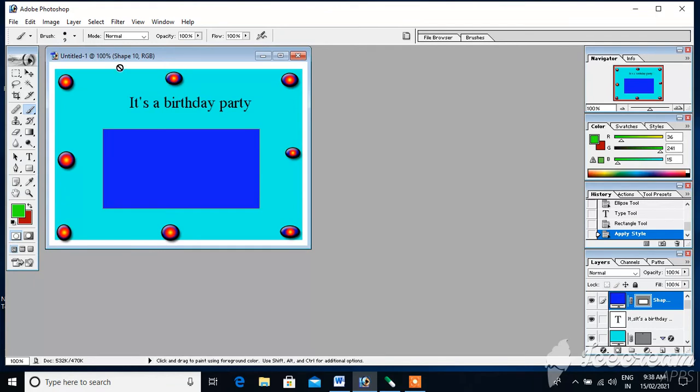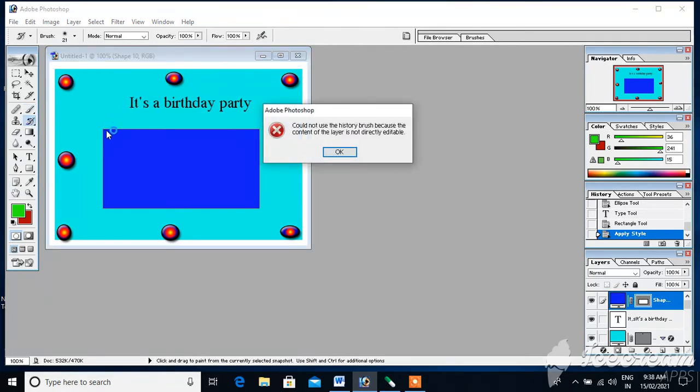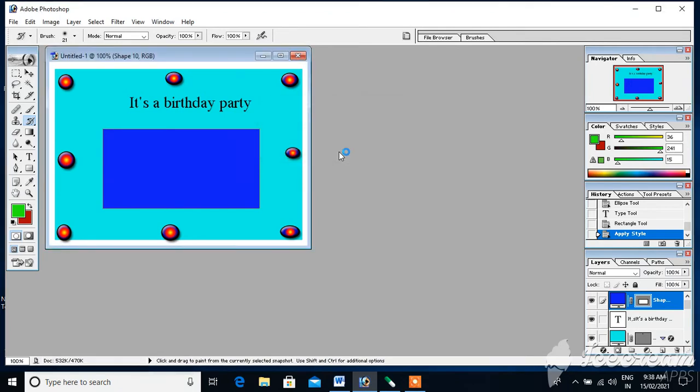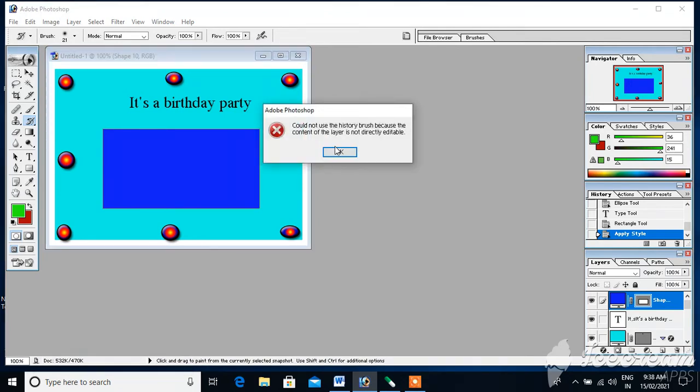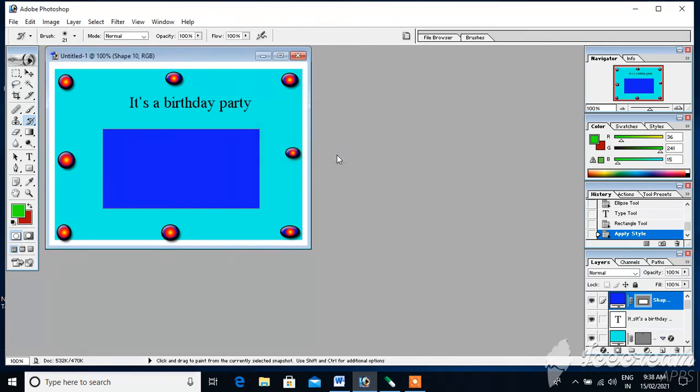Okay, it says it is not editable, so no problem. We'll cancel this. Then on this rectangle, just type date, time and place.